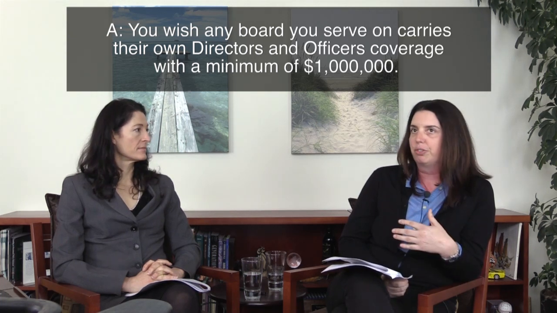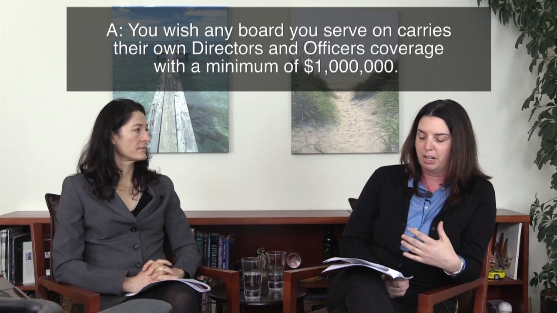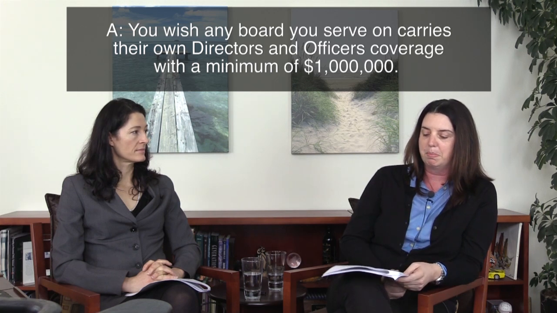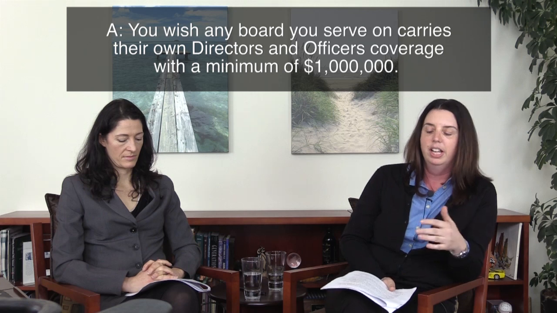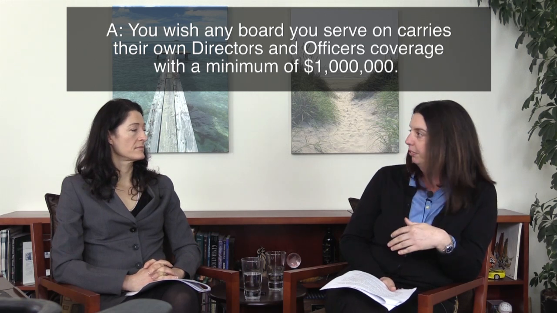Directors and officers can get sued for a variety of things. It could be fiduciary duty breaches. It could be a failure to fulfill an organization's mission. It could be a misuse of director funds. Basically, any improper conduct of volunteers or employees, you could also fall back on directors and officers. So you really want to make sure that the board you're serving on has at least $1 million coverage, and you can purchase additional limits if you need to.